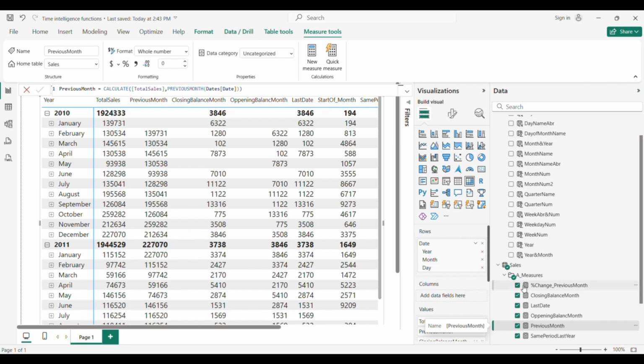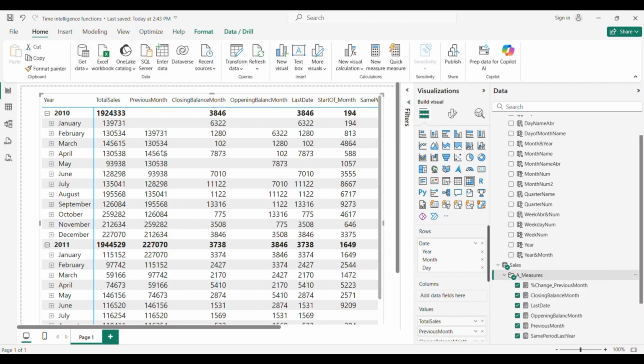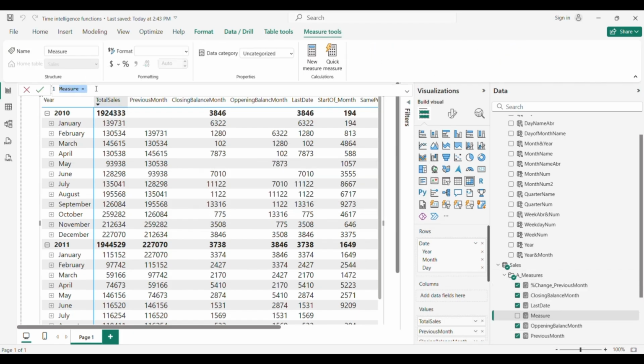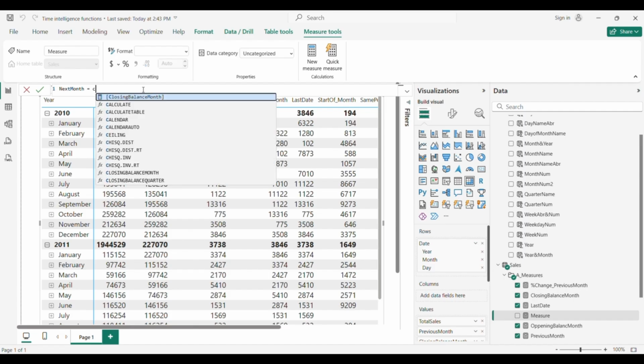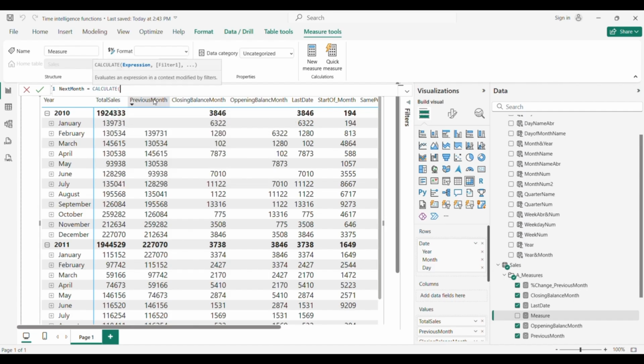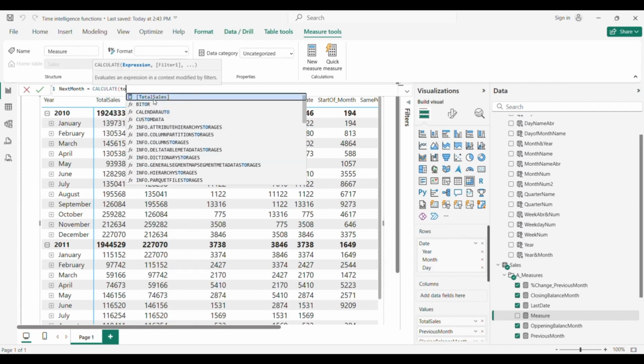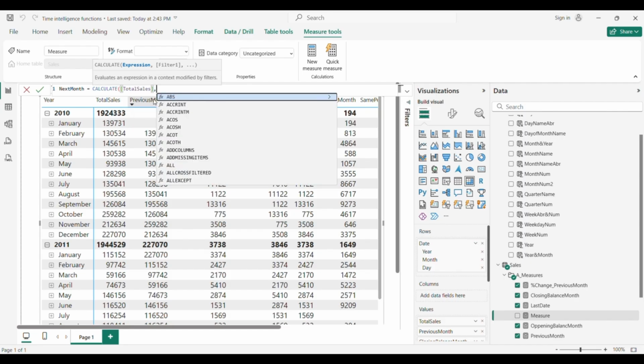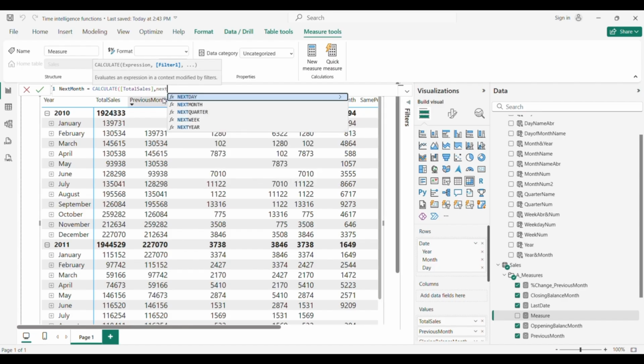We can also add next month. So as you can see, a lot of functions available depending on what we need to visualize. So let's call this next month, and with this also CALCULATE total sales, and now just the next month function.